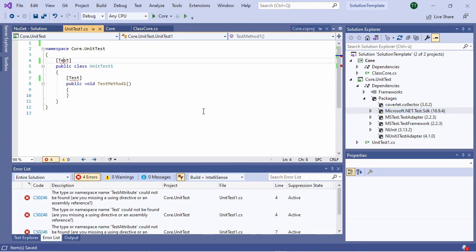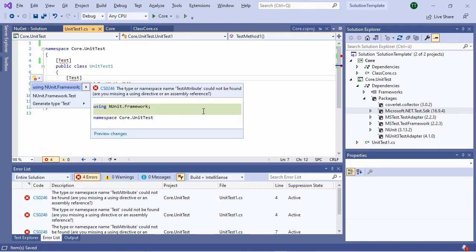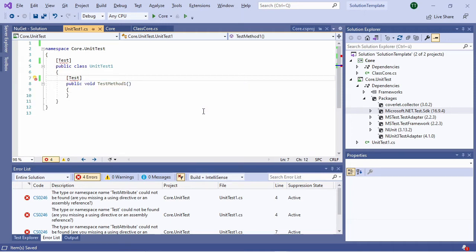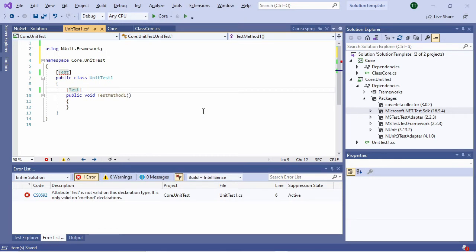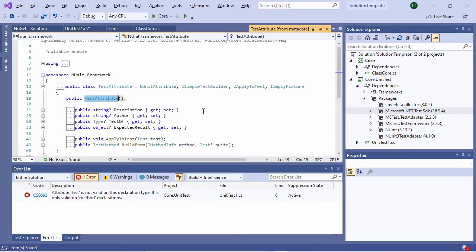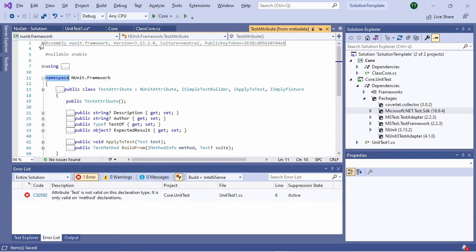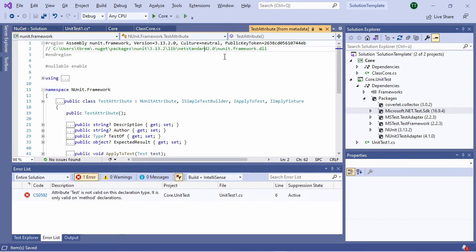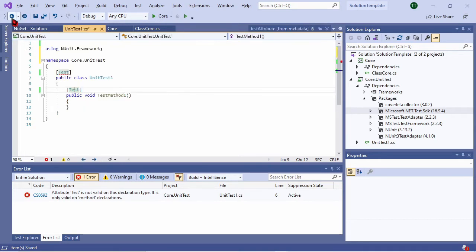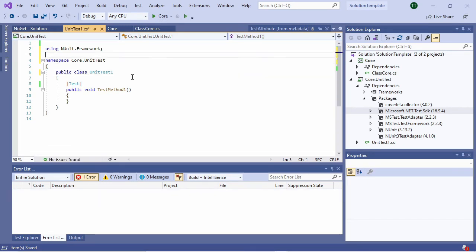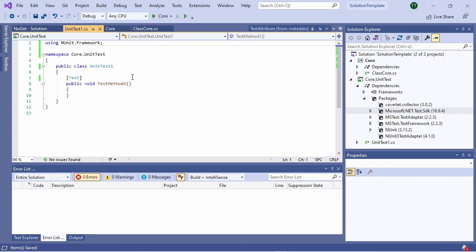Now it will complain here. Let's look at this attribute. Alt-Enter, and now IntelliSense proposes to include using NUnit.Framework, so I validate by typing Enter. Now the attributes are recognized, and if I look at the definition with F12, I see that I'm going into the NUnit framework namespace, and this is correctly a DLL with .NET Standard NUnit framework. So good, I am referencing the correct testing library.